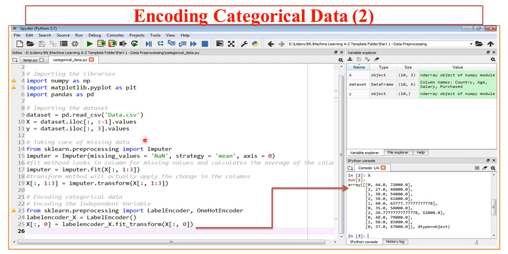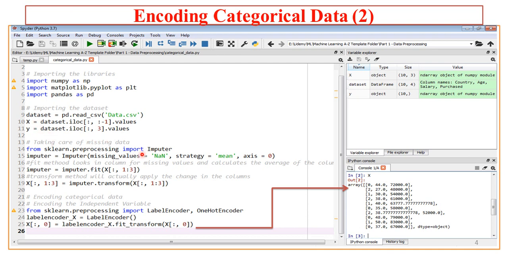First one is country, second one is age, third one is salary, and the fourth one is whether the client has purchased some product of the company or not. So these were 4 attributes. Of that, 3 go to X, that is the independent part of the data split, and Y, the dependent part of the data split.